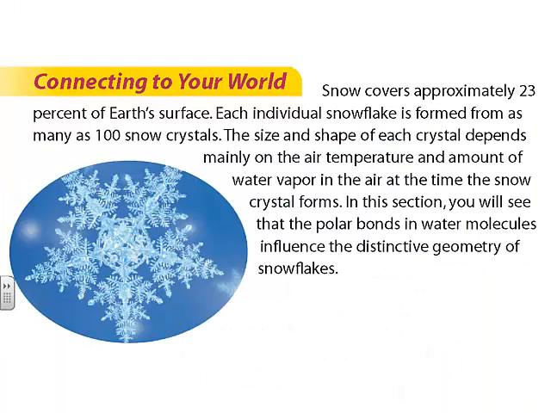At the beginning of this section it talks about how snow covers about 23% of Earth's surface. Each snowflake is formed from as many as 100 snow crystals, and the size and shape of each crystal depends mainly on the air temperature and the amount of water vapor in the air at the time the snow crystals form. Now, what you're going to see is that polar bonds and water molecules have an influence on their basic